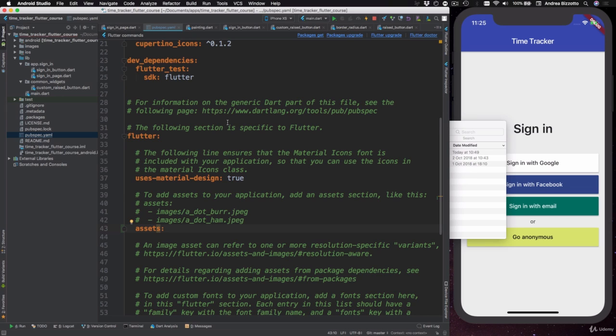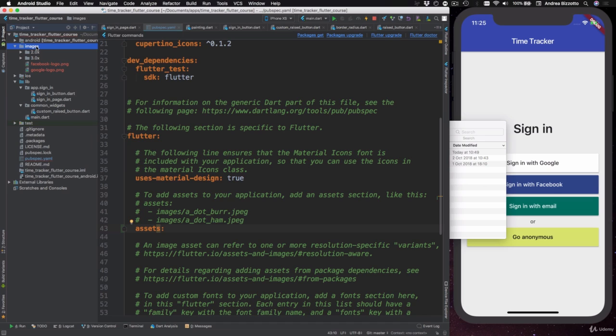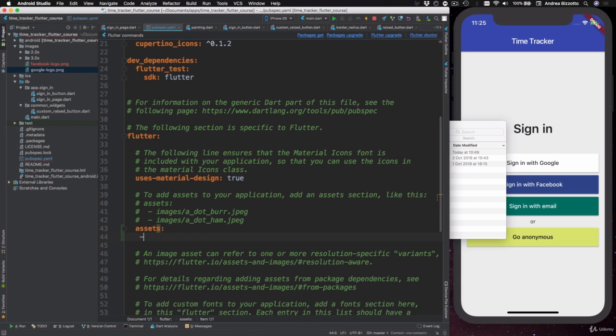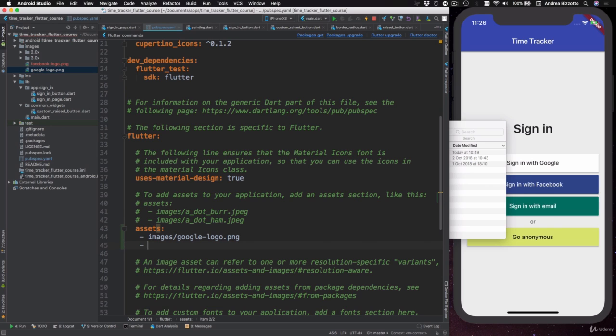And then in here, we need to list the assets that we want to import to our project. So just to see what the file names are, if we open up the images folder over here, I can see that there is one called Facebook logo and one called Google logo.png. So this is what we want to use. We can get back over here and then we can type enter with a new line and then space dash space. And then we're going to type in images/Google logo.png. And then we're going to do the same thing for the Facebook one. So I'm going to type in dash space images/Facebook